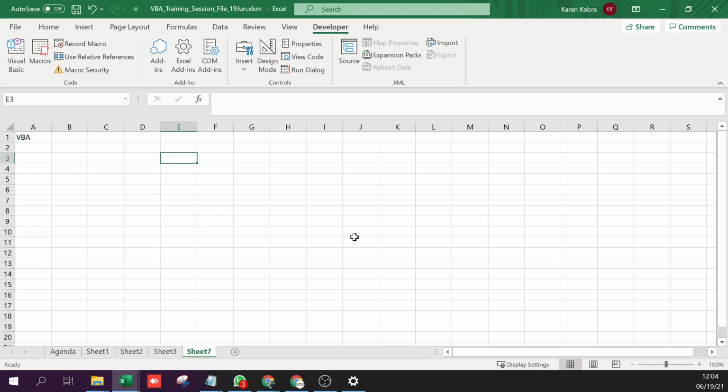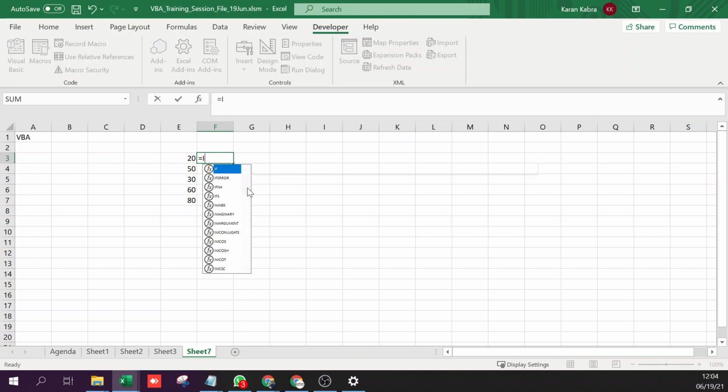So what I will do is I will just write some scores, and if we need to mention a fail or a pass for each of these scores, and say 40 is the passing percentage, passing marks, what you normally do in Excel is you write equals if, right? I think most of you know this.